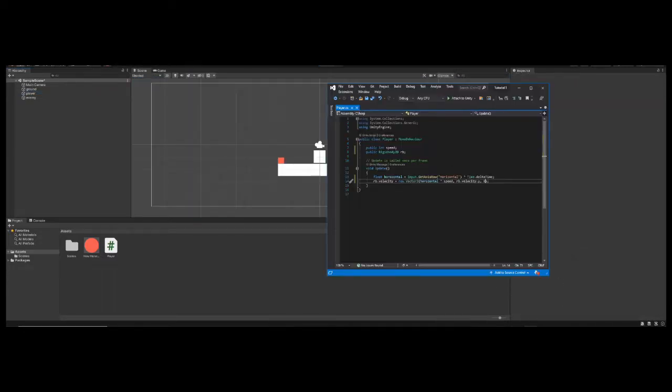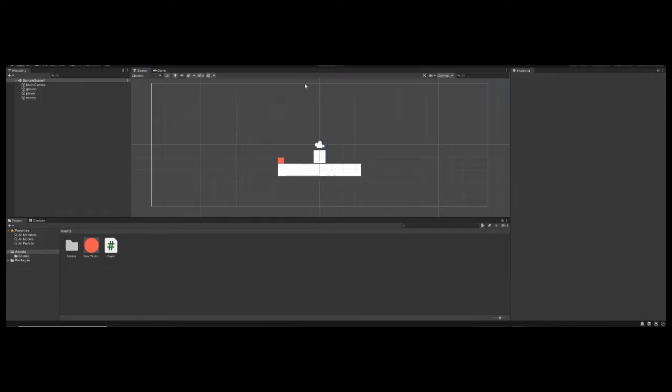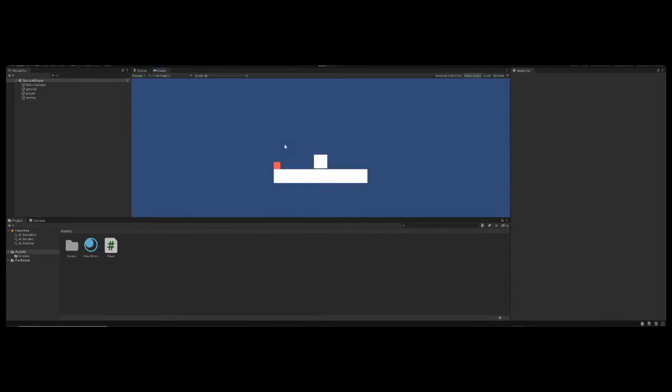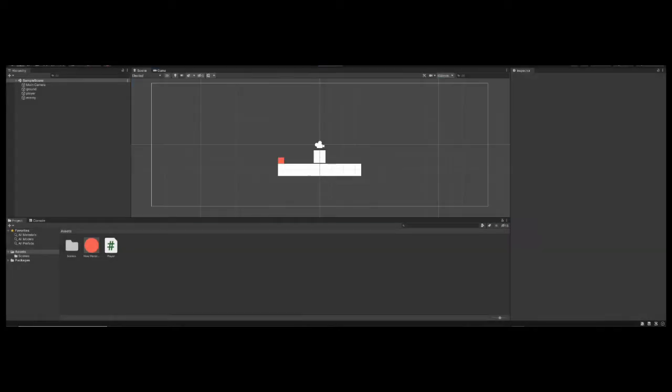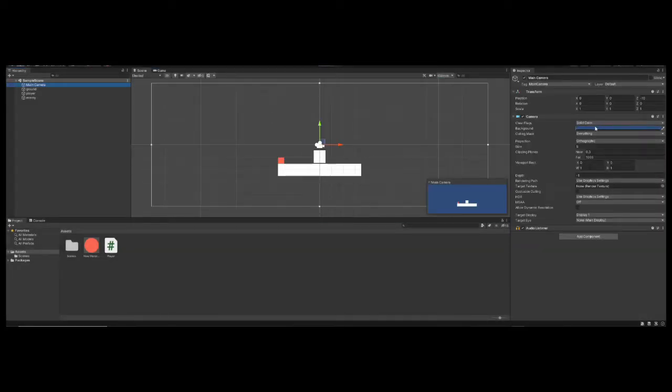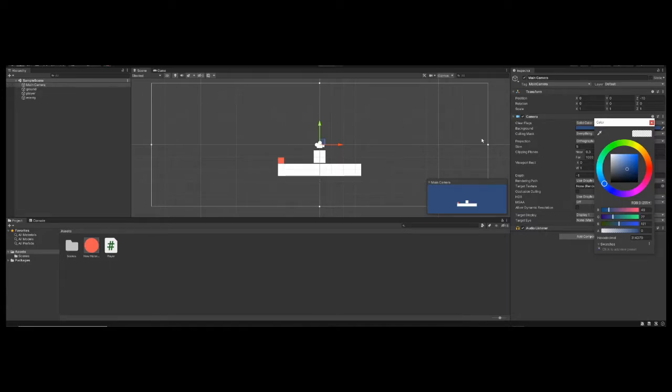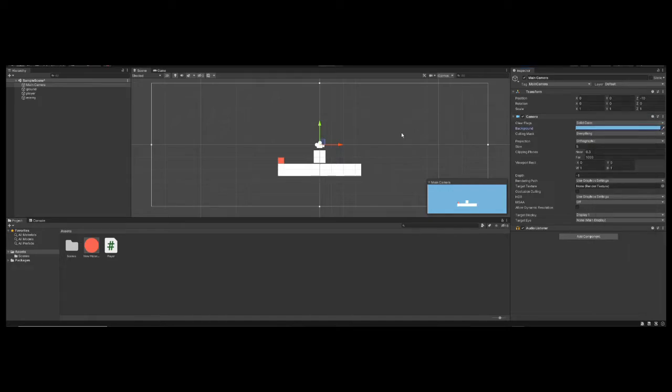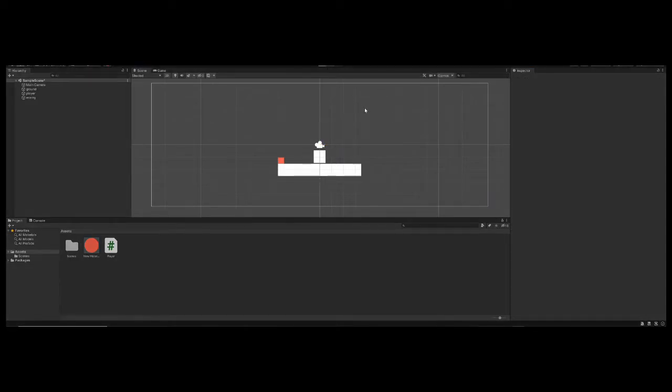Alright, to help solve the lag, change the Vector2 to Vector3 and add comma 0 to the end of the rb.velocity, and that will help make this a lot less laggy and weird. Alright, you can change what the sky looks like by going to background in the camera and maybe make it a little bit like bright blue. That looks pretty good. So if you just press play, yeah,